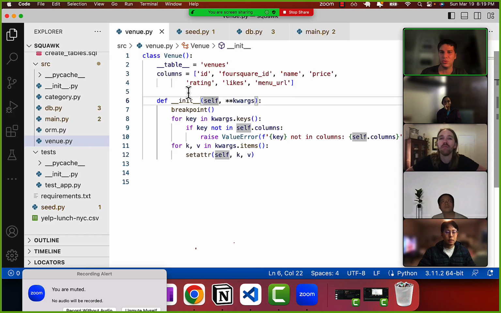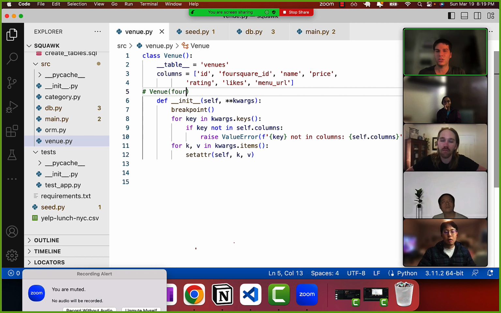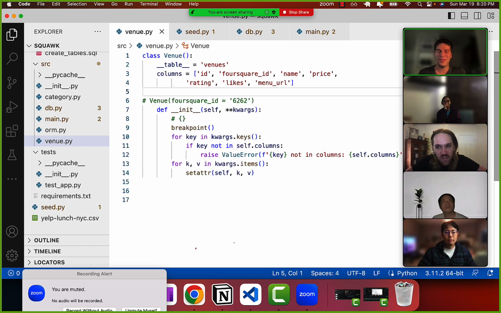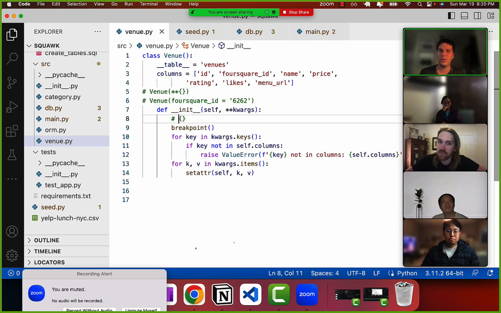It turns it into this format of venue parentheses Foursquare ID equals. Then this star is going to turn it back into the dictionary. Do you kind of get that? It's a little confusing, but what we're doing is we're going from venue, the star dictionary, turns it into this, and then